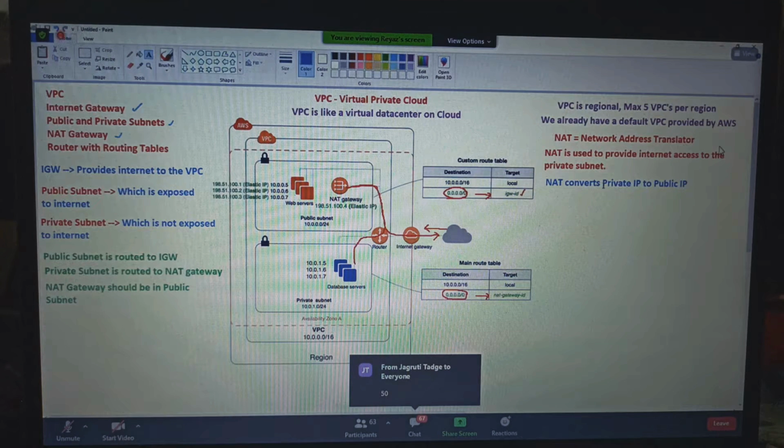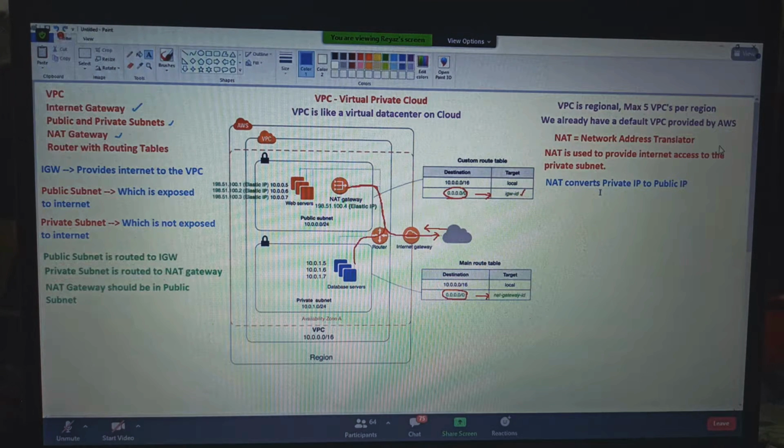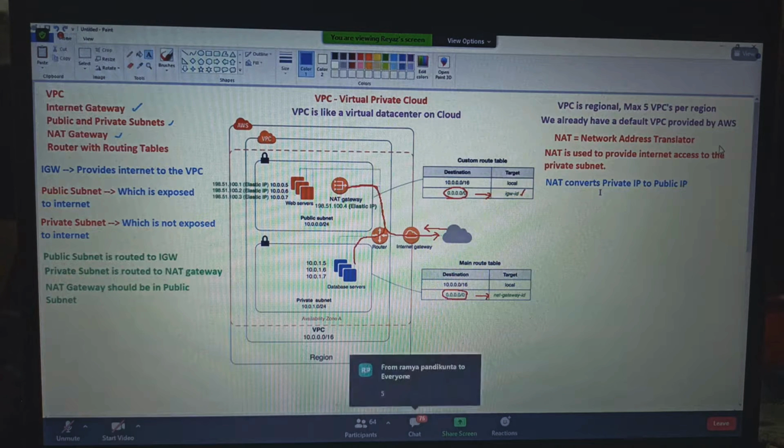How many elastic IPs can you have? 5 only, right? We don't need to learn the maximum AWS provides, but we should know the soft limit. Why do we remember these numbers? Because if you are creating a 6th VPC and you are not able to create it, you should know the maximum is 5 only, so let's go and raise a ticket.